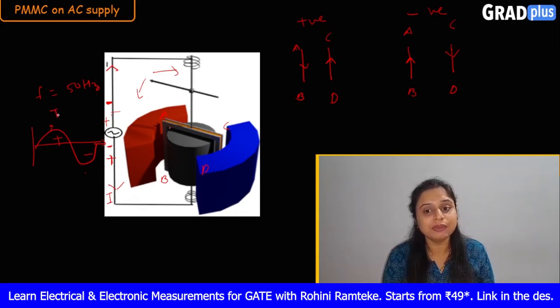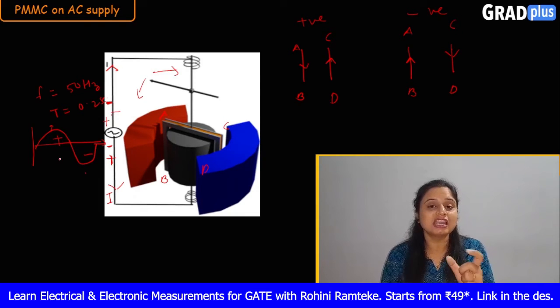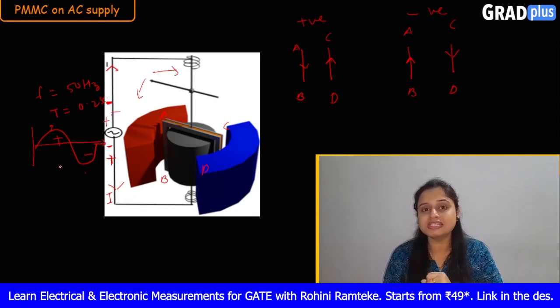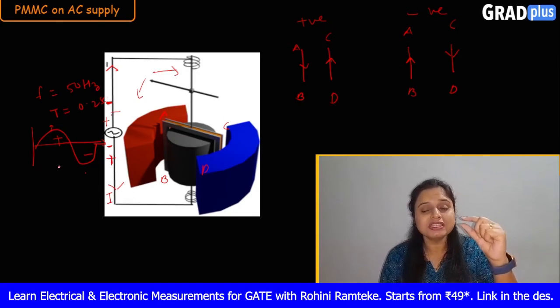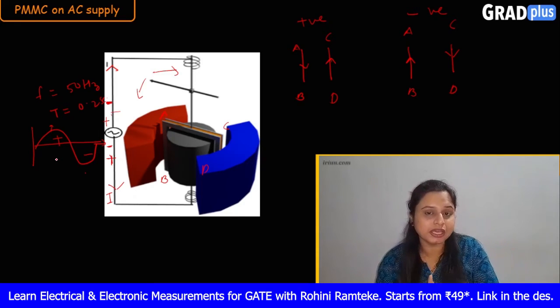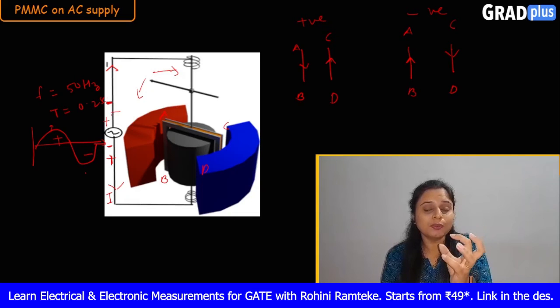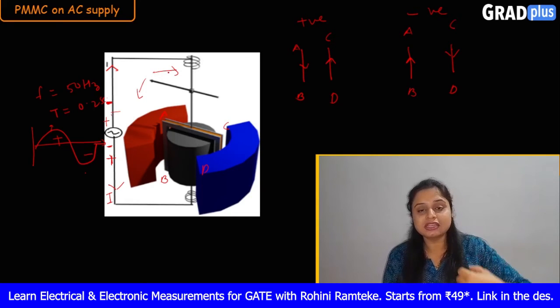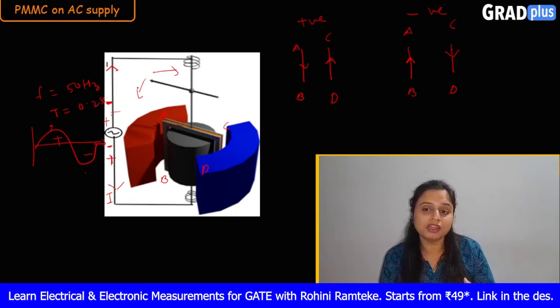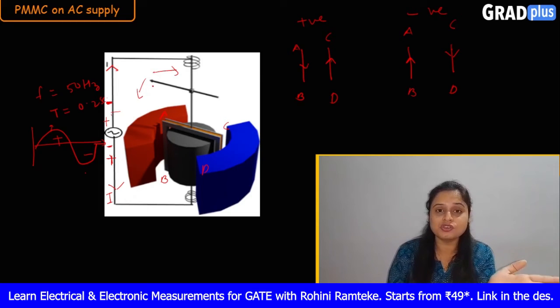So the time period for this complete cycle will be 0.02 seconds. That means every half cycle will appear for only 0.01 seconds, which is a small amount of time. That means it is continuously appearing. So here, as soon as the positive half cycle will appear, the pointer will rotate in this direction, and automatically after that short time the negative half cycle will appear. So the pointer will try to go in the opposite direction.